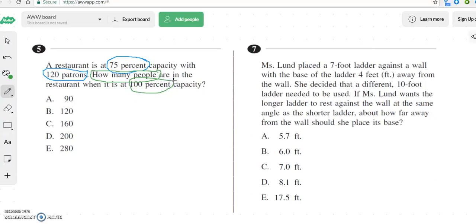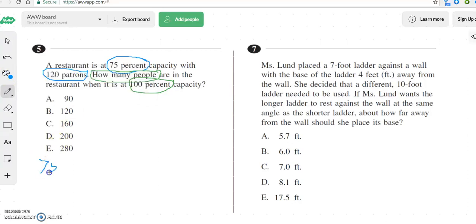So what we have to look at is the fact that we have patrons, which are people, and we have an unknown, okay? And then we have these percents that are together here. So each part of this problem has a percent and a number that refers to people, okay? So what we're going to do with this is set up an equation that's going to help us solve this problem and figure out exactly what's going on, okay? So the best way to do this is to take your 75,